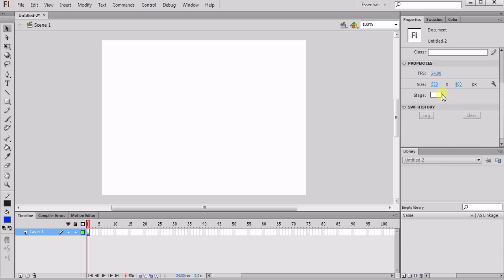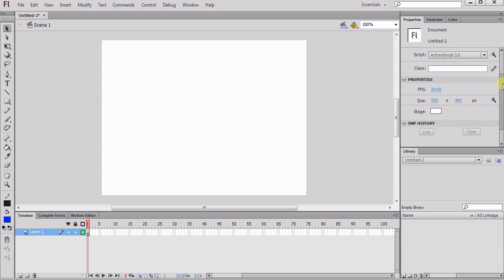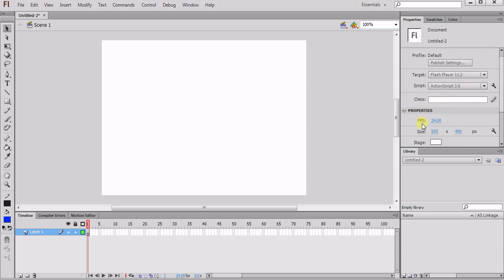I'm just going to make sure mine's white, and then you can see here we're at size 550 by 400. That's what we made our actual Illustrator file. You can see this FPS, which stands for frames per second, and we're sitting at 24 frames per second right now. That basically means down in the timeline here, once it goes to 24 frames, that's going to be our 1 second